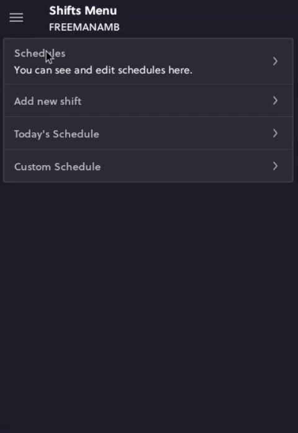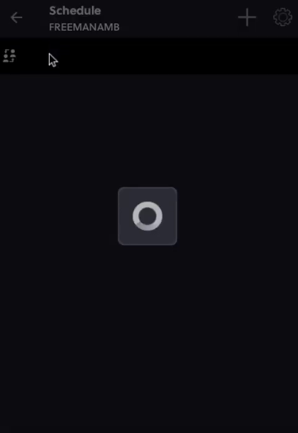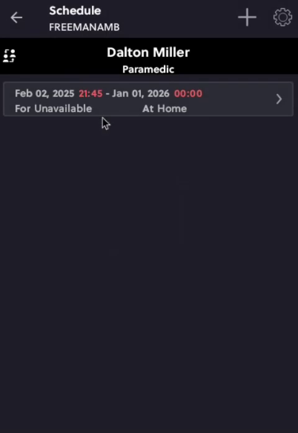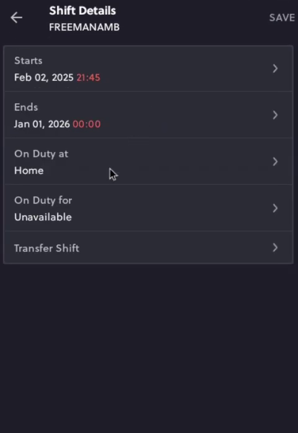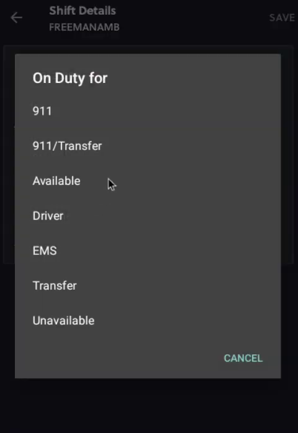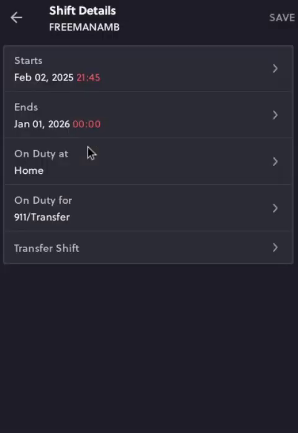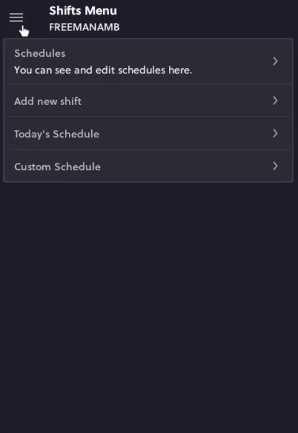Now, if I've already pre-populated the schedule and I am responding, at any point we need to mark ourselves unavailable as our daily lives change. All I'd have to do is find the shift that you're scheduled for that day and click on it. As you can see, I already marked myself as unavailable. When I become available again, all I would have to do is hit say I'm available for 911 transfer. I hit that, save it,